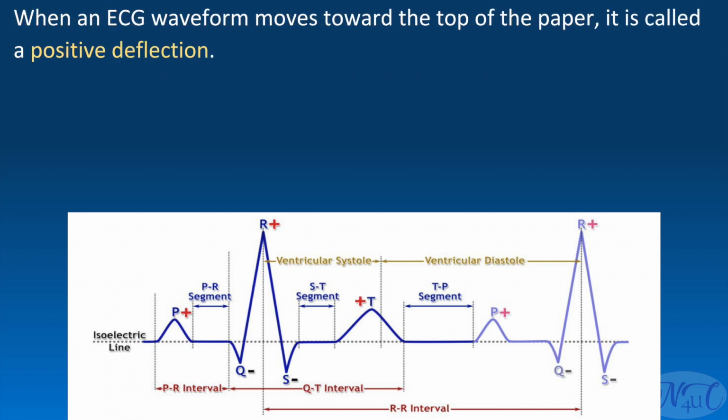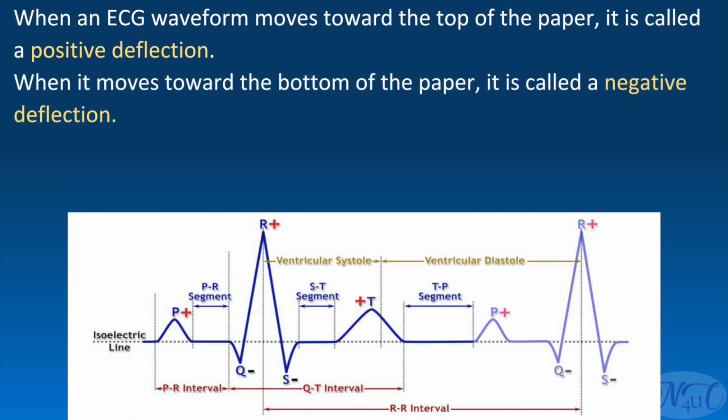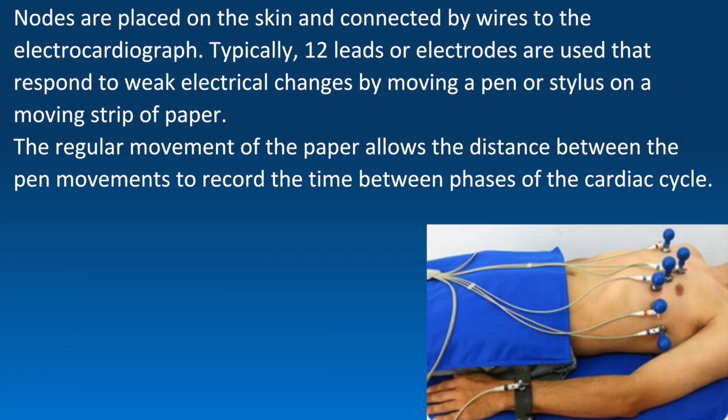When an ECG waveform moves toward the top of the paper, it is called a positive deflection. When it moves toward the bottom of the paper, it is called a negative deflection. When reviewing an ECG, each waveform should be examined and compared with the others. Electrodes are placed on the skin and connected by wires to the electrocardiograph. Typically, tall leads or electrodes are used that respond to weak electrical changes by moving a pen or stylus on